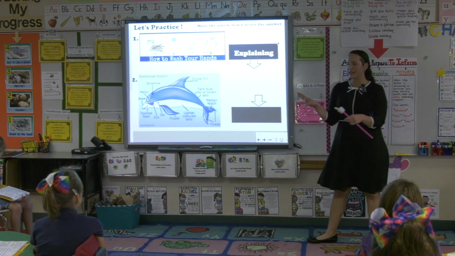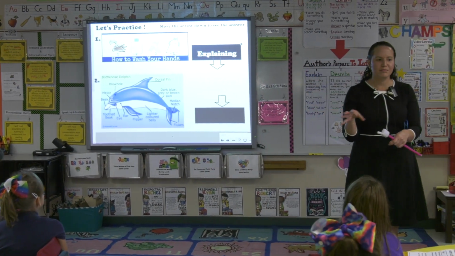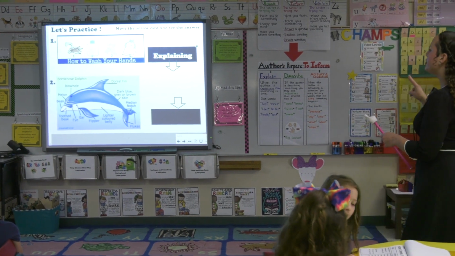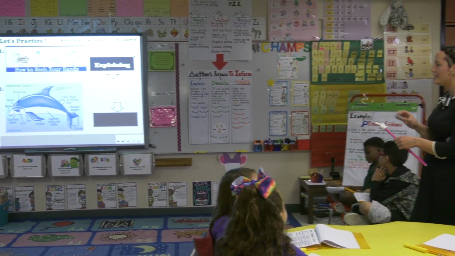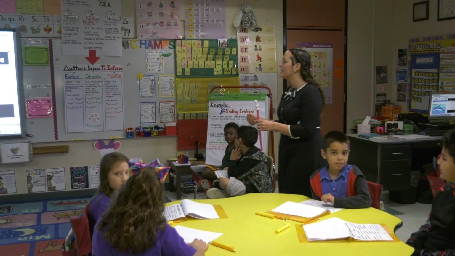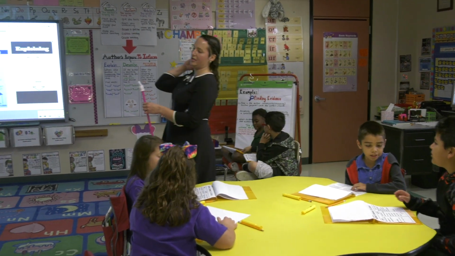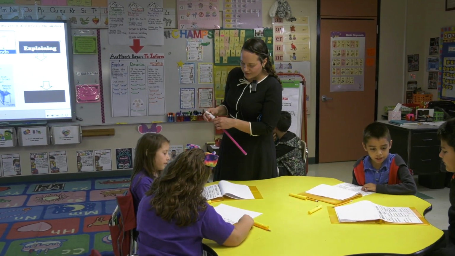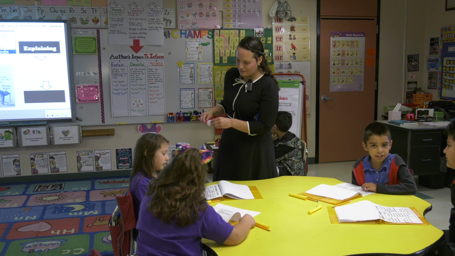Okay, so study the picture. Think about what the author's purpose is, how they're conveying their purpose. Partner 2 is going to turn and tell their partners what they think it is. All right, partner 2, get talking. I'm sorry, because there's a dolphin and telling people